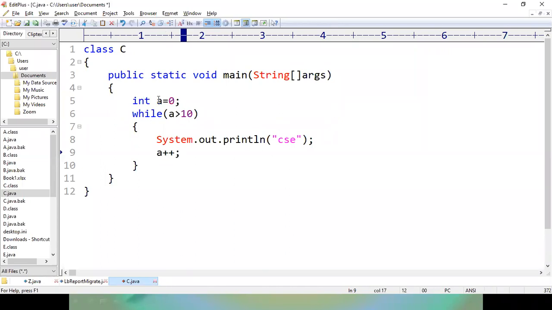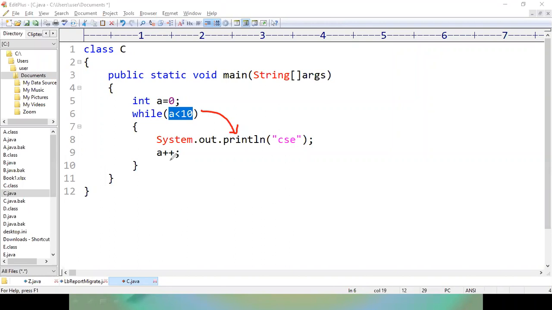Initially the value of a is 0. I'm sorry, take the condition a less than 10. So 0 is less than 10. If the condition is true, then the compiler is going to enter the block, print CSC on the output screen, and then increment the value of a.